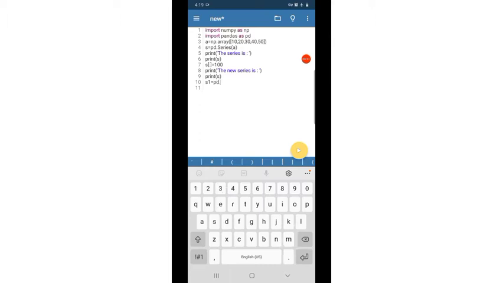Just we can use the same array A for the series, in bracket the array A, the same array A, comma, the index should be equal to, in square brackets, in single quotes, capital A,